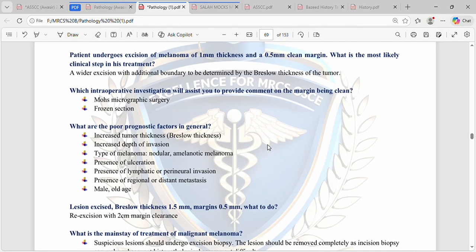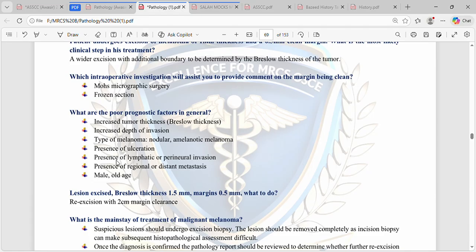What are the poor prognostic factors in general? This is for melanoma. Increased tumor thickness or Breslow thickness, increased depth of invasion or Clark invasion, type of melanoma: nodular melanoma, amelanotic melanoma. These are very poor prognosis melanomas. Also presence of ulceration, presence of lymphatic or perineural invasion, presence of regional or distant metastasis, male